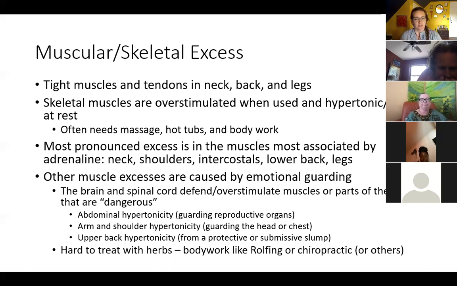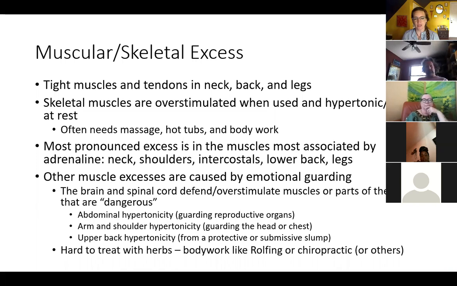Other muscle excesses are caused by emotional guarding. So we keep dipping into the metaphysical emotional aspect of all of this because we are one being and we are talking about constitutional organ system energetics. So I will say, emotional guarding: the brain and spinal cord defend or overstimulate muscles or parts of the body that are quote unquote dangerous. So your abdomen,